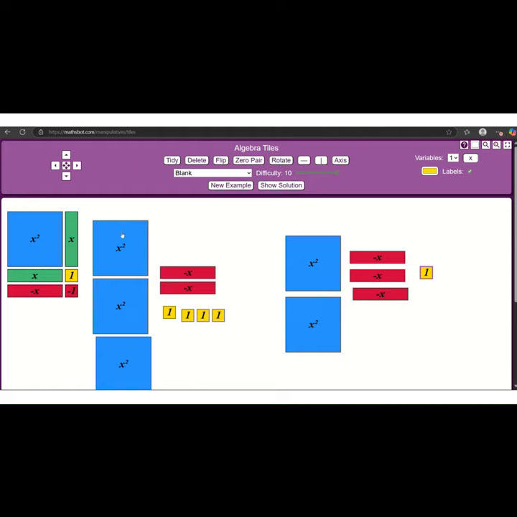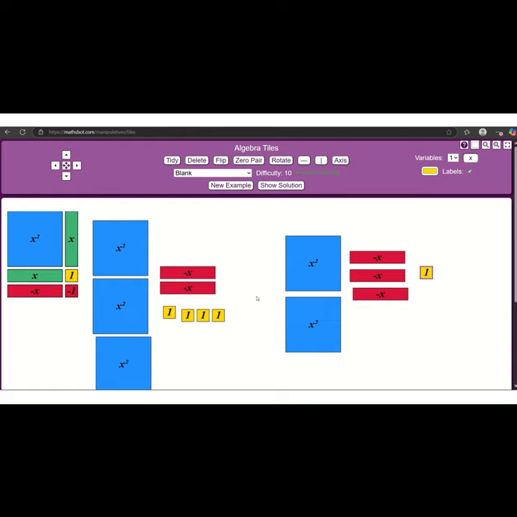So if I'm going to take my polynomial on the left, which is 3x squared minus 2x plus 4, and subtract 2x squared minus 3x plus 1, the strategy that we're going to use is to add the opposite. And for those of you that tend to make sign errors with your subtraction, this can really help you